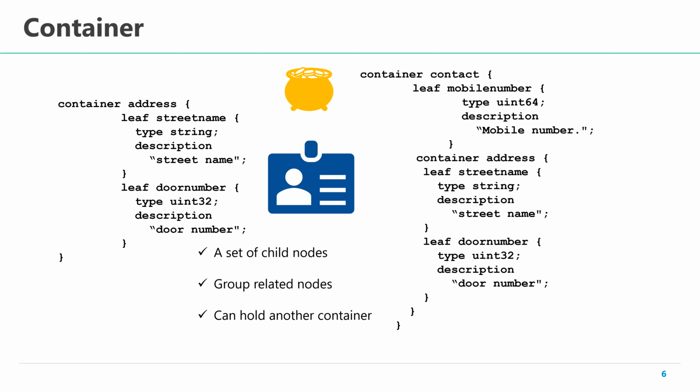As you would remember from the classification tree we saw earlier in this video, a container can contain different types of data nodes. Here you see the example for it. It contains a leaf which is a 64-bit unsigned integer, that is the mobile number, and it is holding another container itself. An equivalent example in networking would be a socket. An IP address and a port number together, whenever used, can be represented as a container, with one field being the IP address and the other field being a port number.